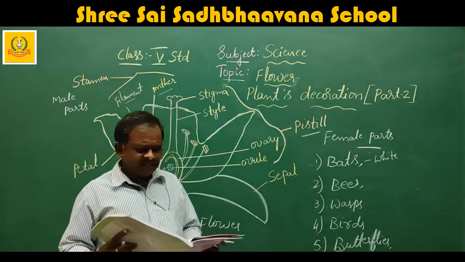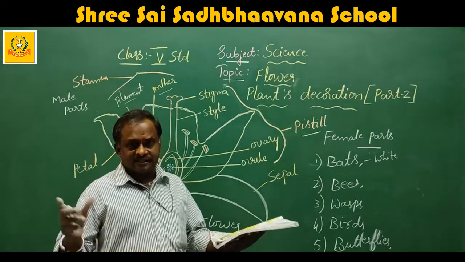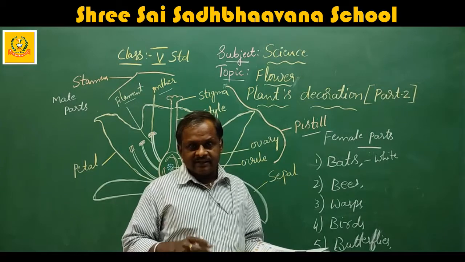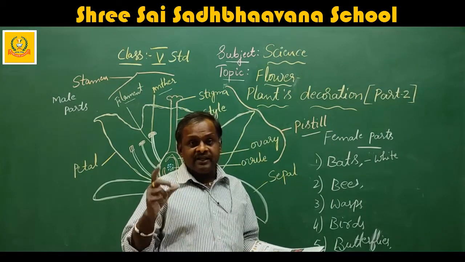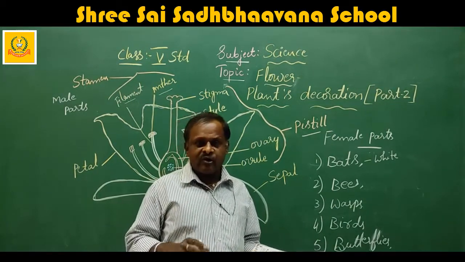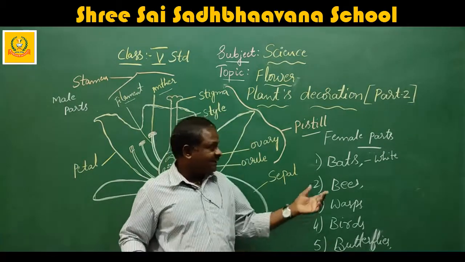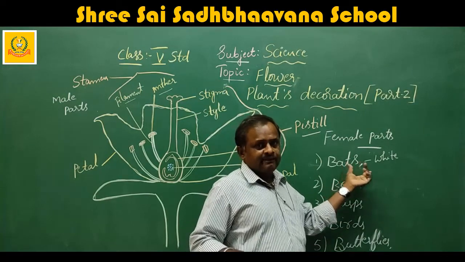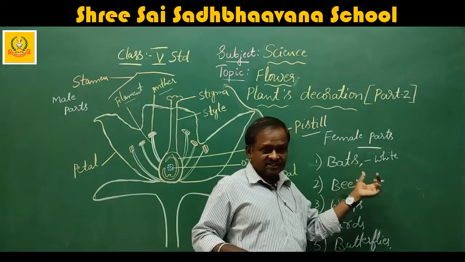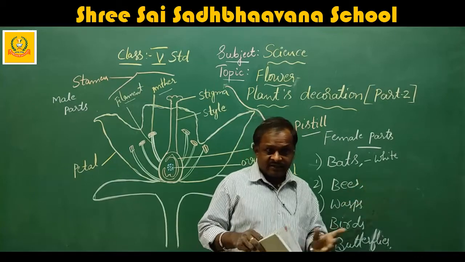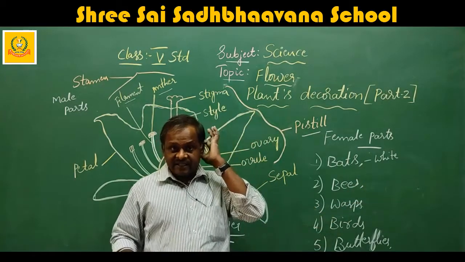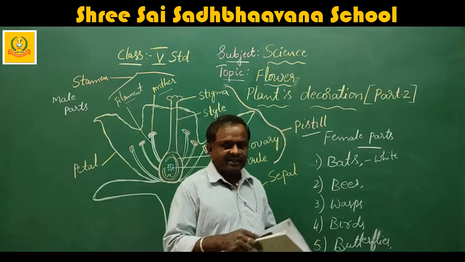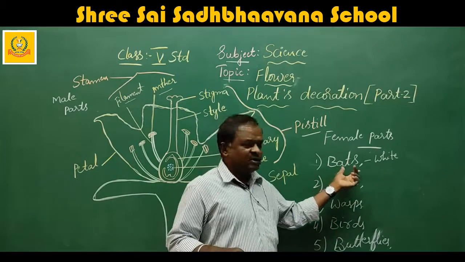The flowers are pale in color and large in size. That means they have big flowers and a strong fruit-like fragrance. The fragrance of the flower should be like fruit fragrance; only then are they attracted by these bats. The bats search for white flowers which are large in size, and their fragrance should be like fruit. Fragrance means smell.